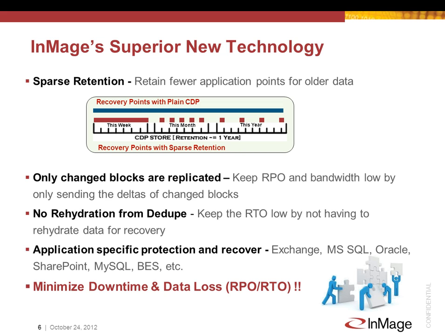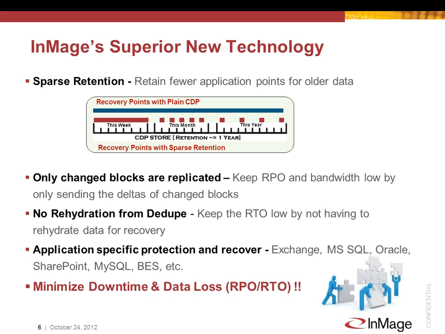And then maybe for the remaining months up to a year you want to recover on a monthly basis, or whatever it might be. There's 4 tiers of customization where you can deploy sparse retention to meet your needs. But ultimately what that does is it reduces the amount of data that needs to be retained in that retention log. And more importantly, it reduces the amount of time it takes to present data that's older. So you can realistically present data that's a year old in a reasonable amount of time to make it usable.